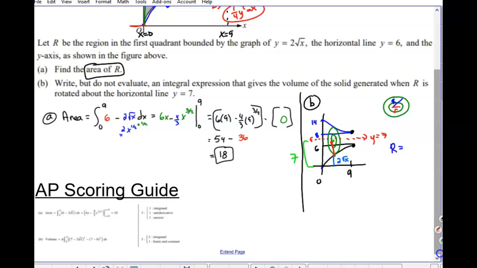So do you guys see how the big radius is 7? The small blue chunk is the equation, because that gets us right to the function. So then we need the red part, which is just the big equation of 7 minus the function itself. So when I subtract those, the red large radius is left over. And then if I do the small radius, what is the small radius? If I go from the dotted line to the line y equals 6, that's the difference between 7 and 6. So